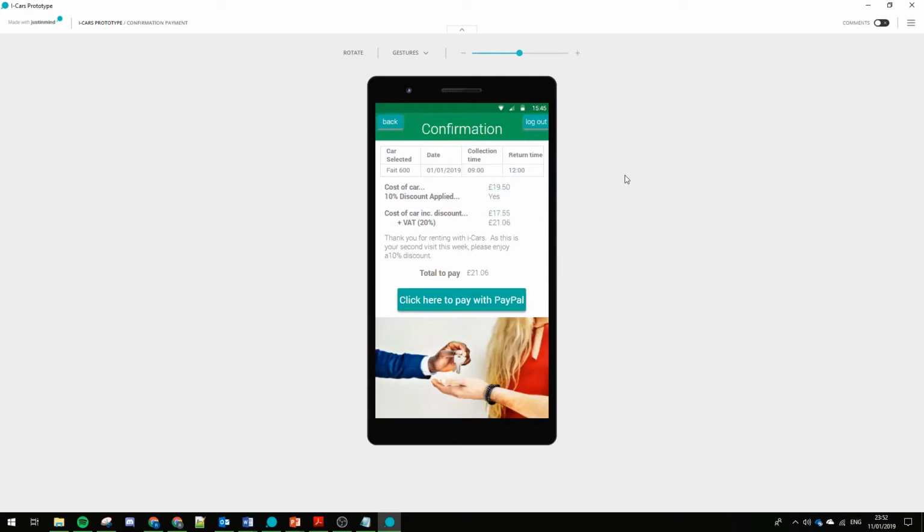This one allows the user to review their order, everything they've selected so far. So in this example they've selected the Fate 600s, the date of the car rental. They've also got the collection time and return time, as you can see at the top here in the wee table. So that's a summary of all their selections, if you will. So below that we have